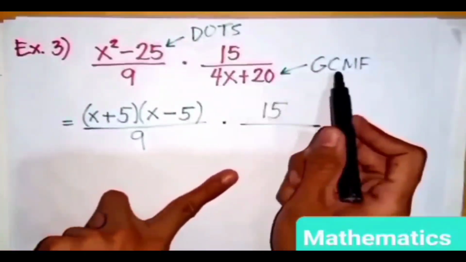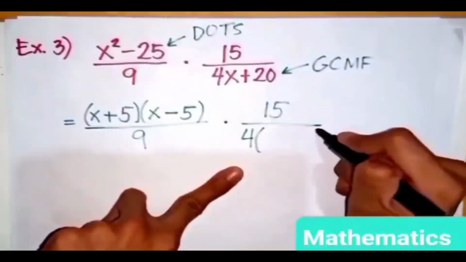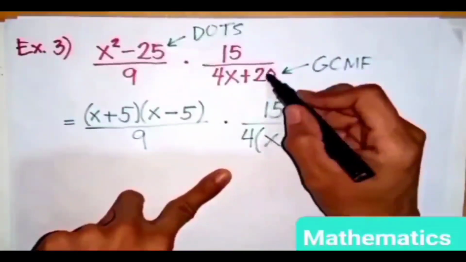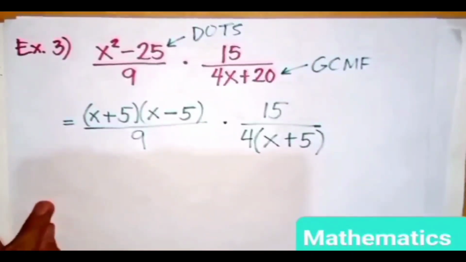Factor naman natin itong 4x plus 20 by GCMF. Ano bang GCMF dito? It's 4. Then divide na natin itong binomial by the GCMF para makuha yung remaining factor. 4x divided by 4 is x. 20 divided by 4 is 5. That's positive 5. Ayan. So after factoring, pwede na tayo mag-proceed sa next step, which is i-cancel out na natin